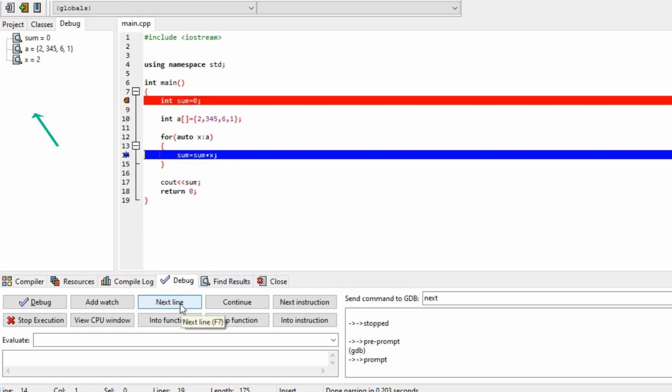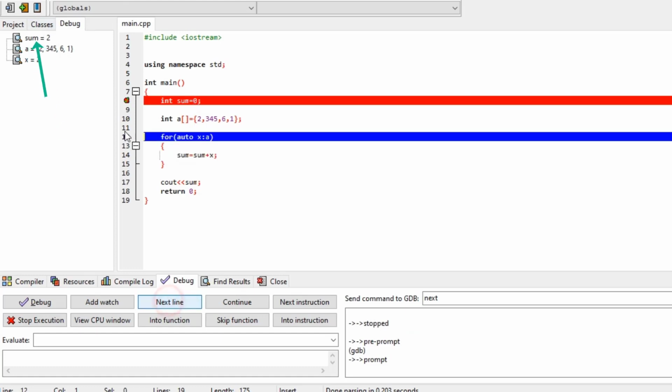Now click on next line. Here you can see the sum value will be 2, because the sum value is 0, and 0 plus the x value 2 is 2. So finally the sum value is incremented to 2. Click on next, and you can see the sum is 2. Click on next.